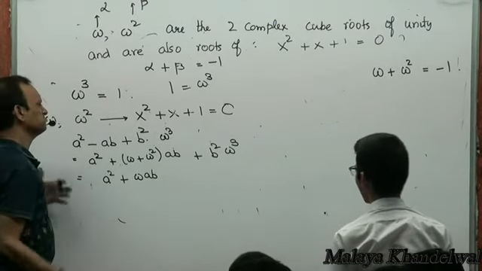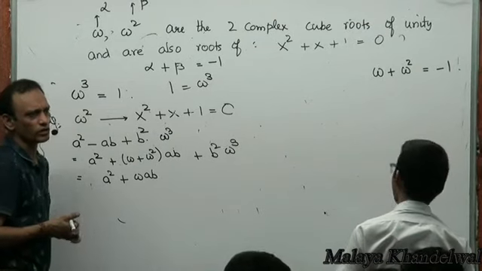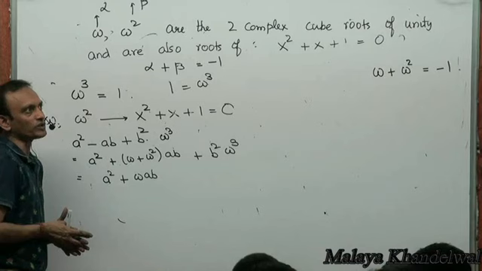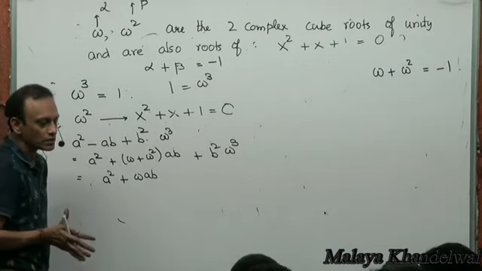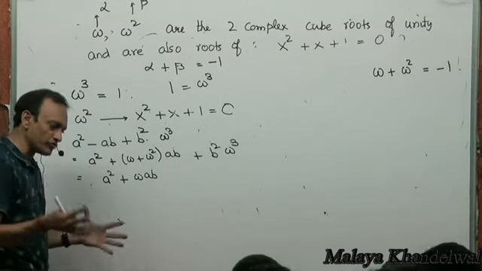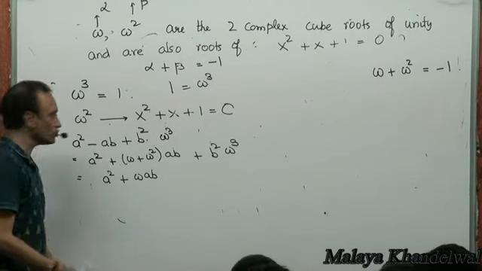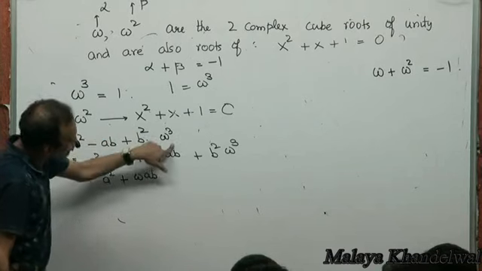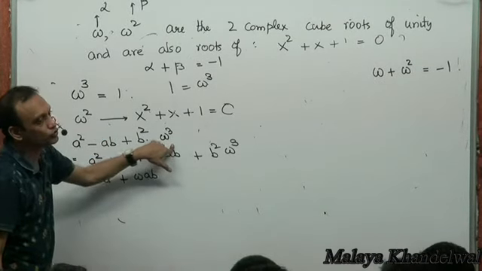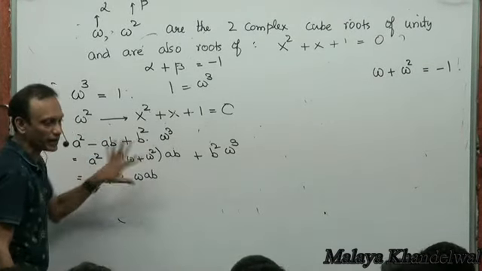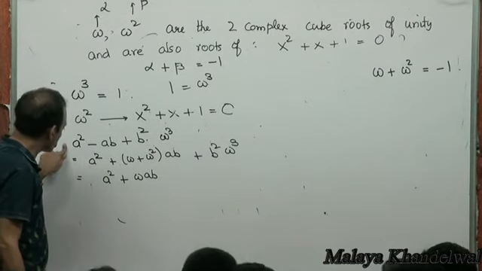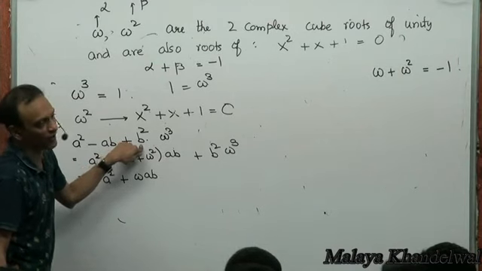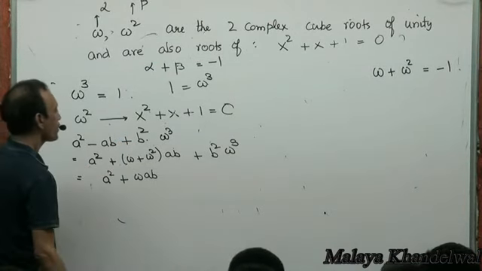No, you could, but it'll do no good to us. If I'm choosing to factorize, I would rather be judicious and try to get factors out of it. Such would be my manipulation. If you choose to write omega cubed into a squared, and this also omega cubed, then it'll do you no good. But any one of them should be omega cubed. If you did this as omega cubed and a squared and left this as b squared, then also it would have been fine.